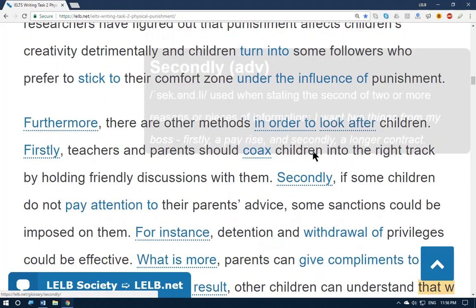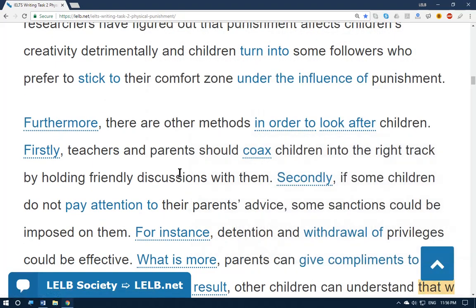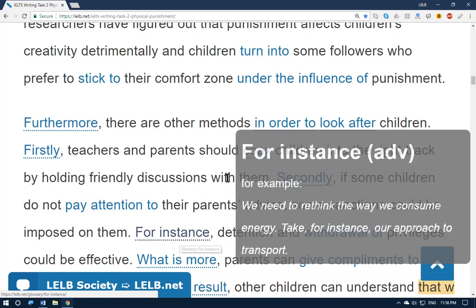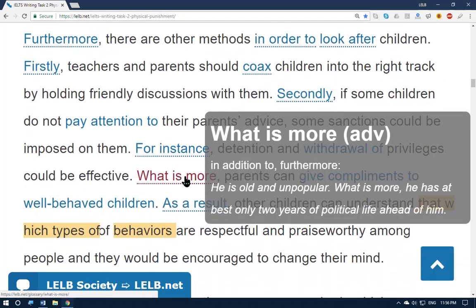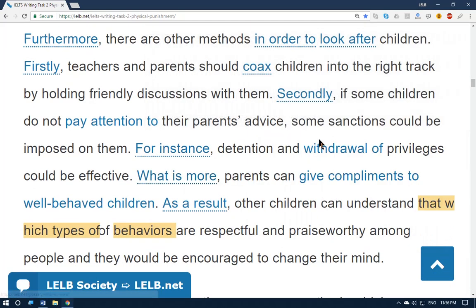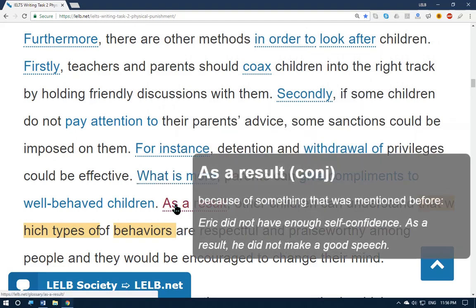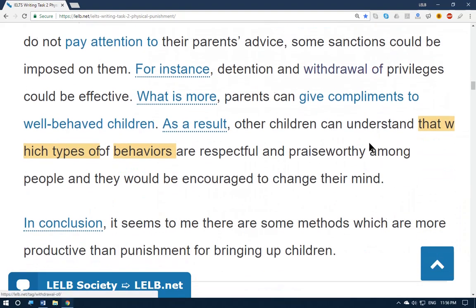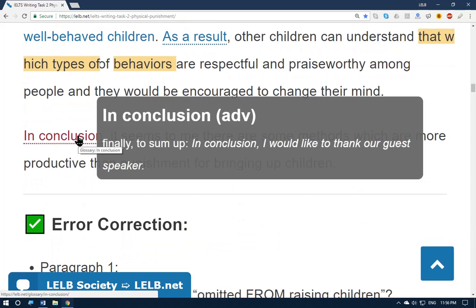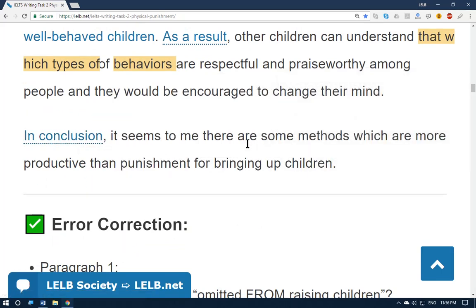Coax. And secondly, second of all, for example, what's more, in addition, as a result, consequently, in conclusion, means finally, to sum up, to come to a conclusion. Okay, so